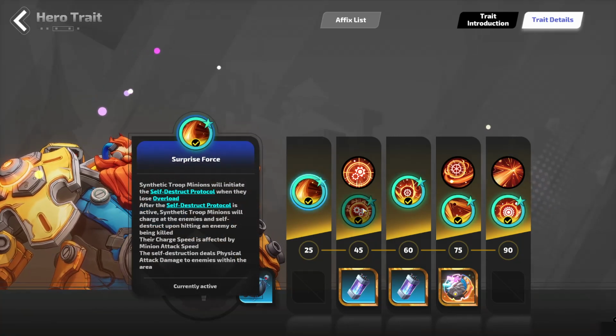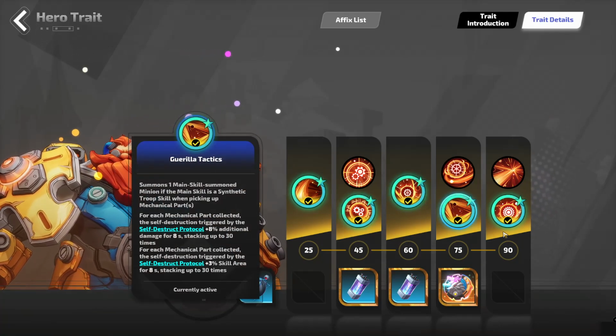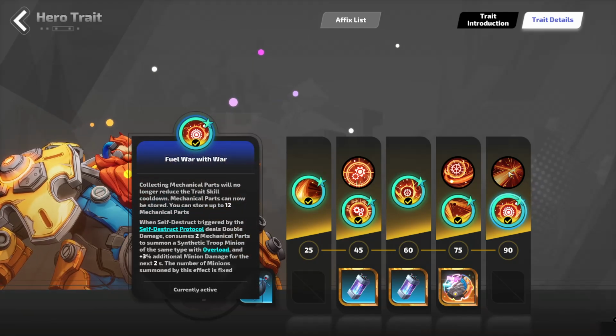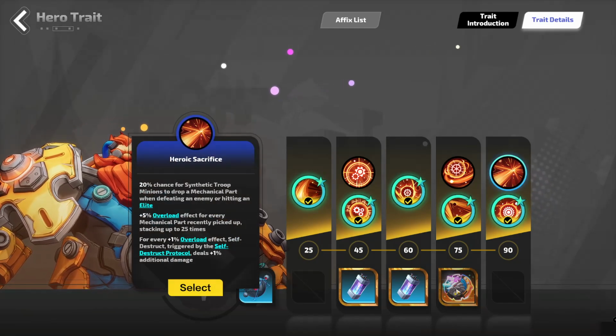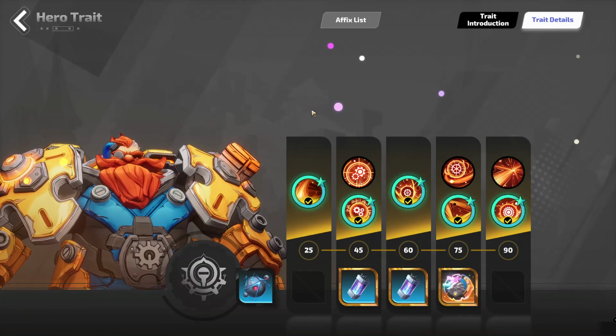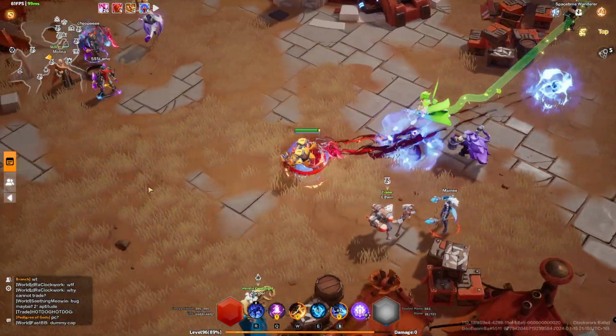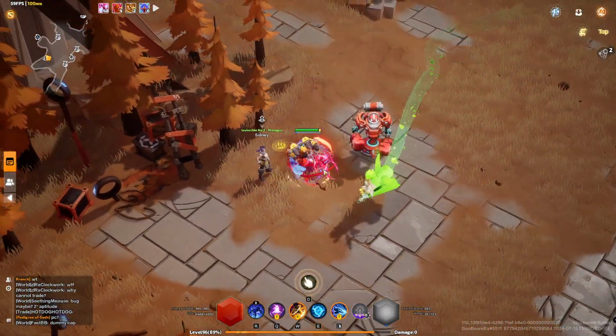Going through, you want Surprise Force, into Quick Battle, into Preparation, Guerrilla Tactics, and Fuel War with War. With that Hero Memory, you also get Heroic Sacrifice. That is the character in a nutshell, using